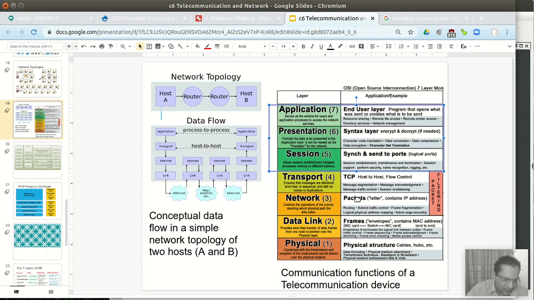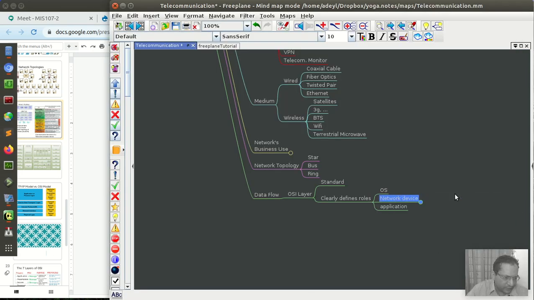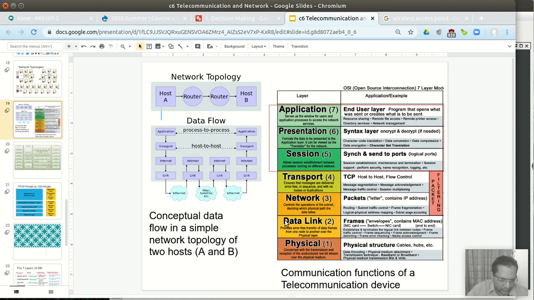These packets are sent to your data link, to the network interface card, right? Once it is sent to your network interface card, it creates frames. From these packets, it modifies and creates a new type of packet.